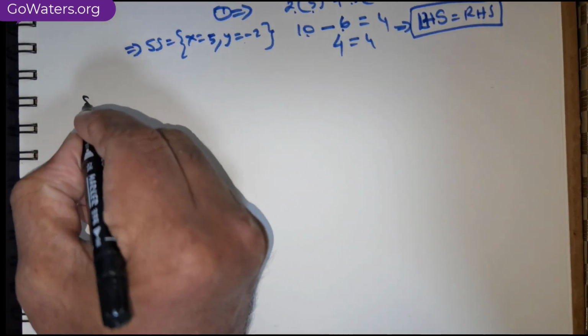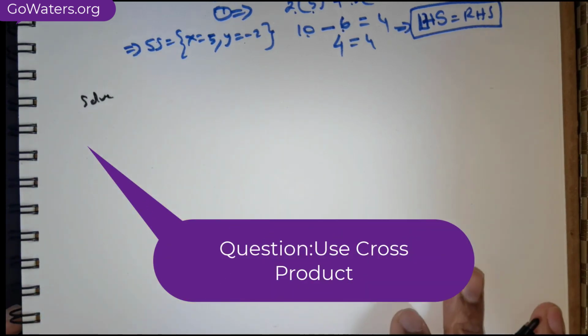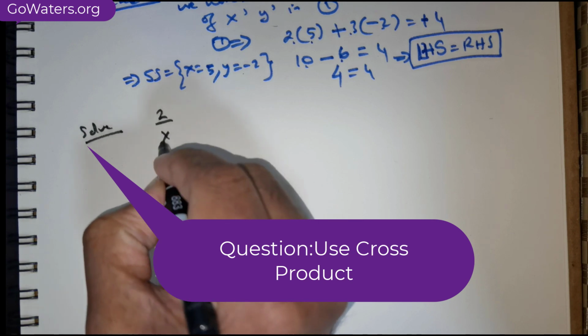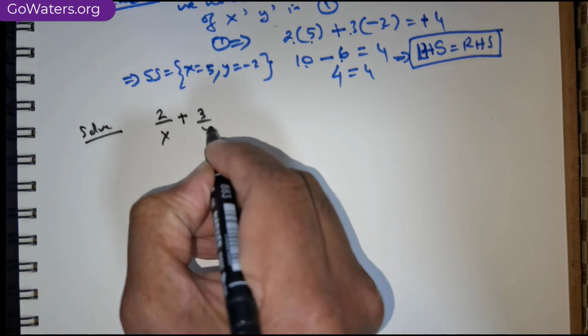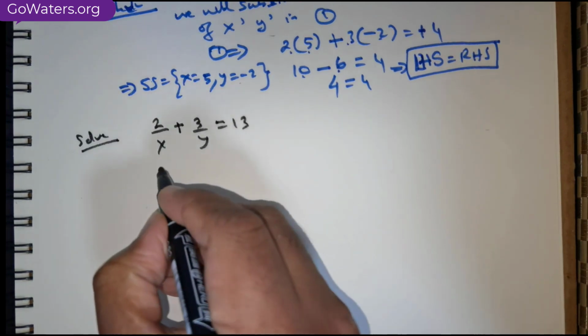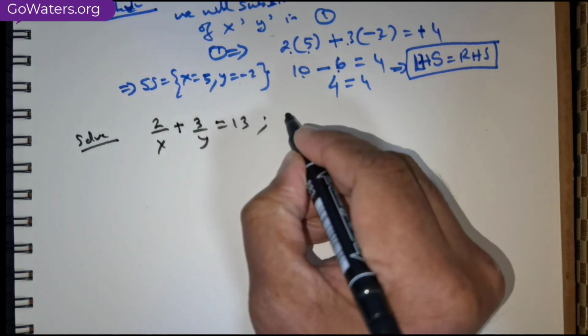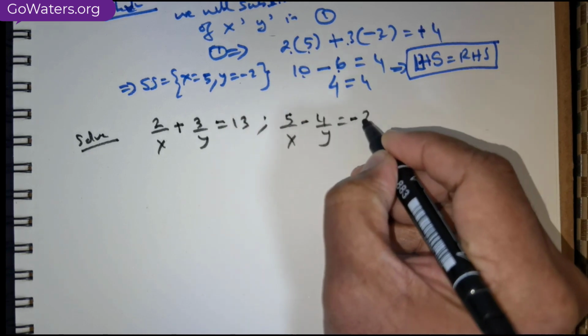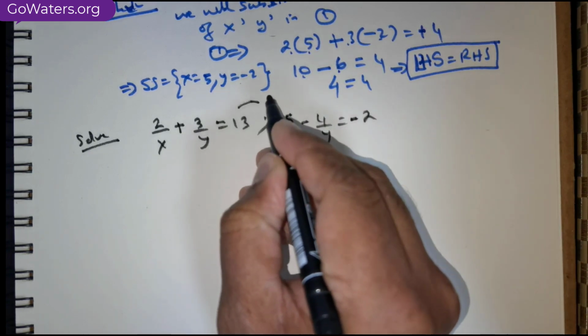Students, we got a beautiful question. We are expected to solve this system. We've been given 2 over x positive 3 over y is equal to 13, and we have got 5 over x negative 4 over y is equal to negative 2. This is equation 1